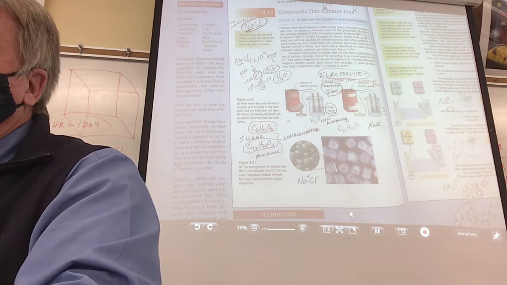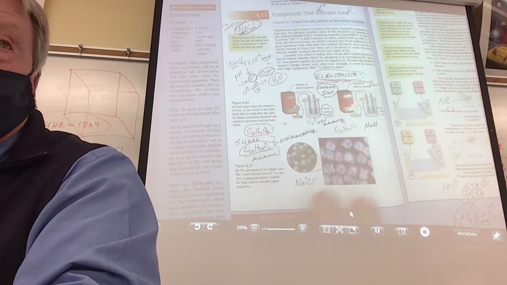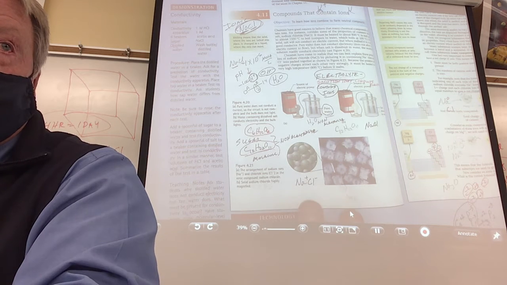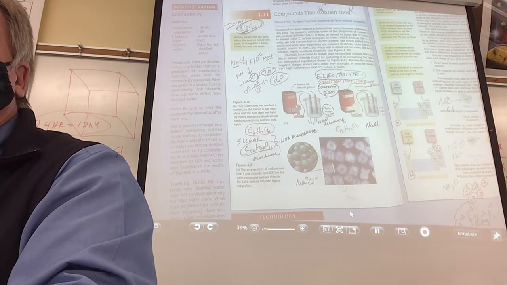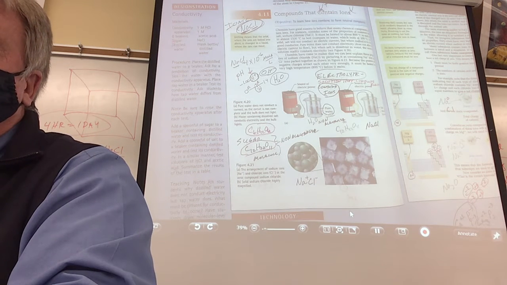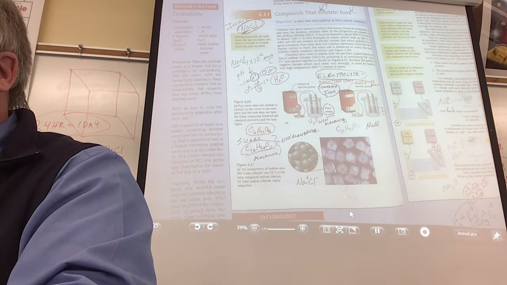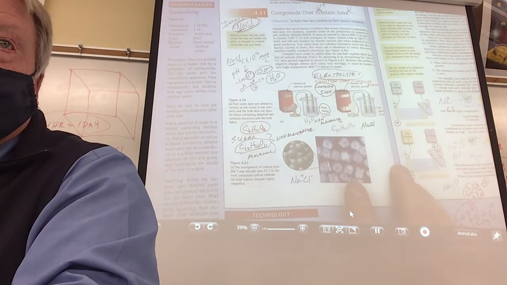But anyway, they have a picture here, and I do have about 4 questions on the test that have to do with this page. So let me tell you what's going on. I don't understand why the author would not use the word electrolyte on this page, because that's where it belongs. And if the person who had your book before you didn't write the word electrolyte, you need to write the word electrolyte in your book.